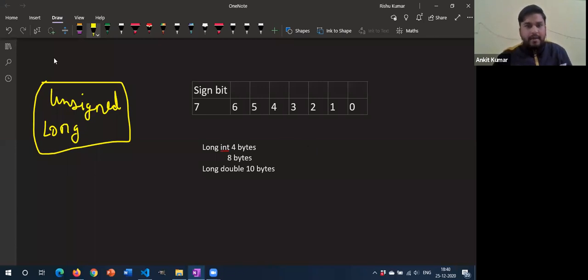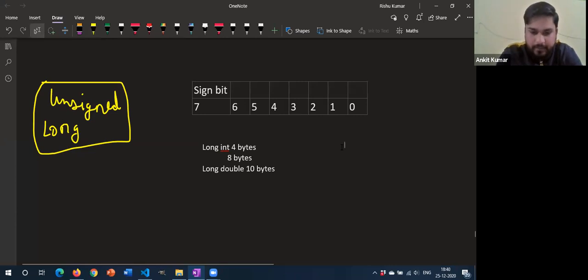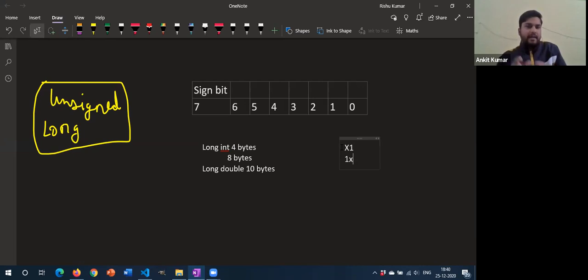Now let me tell you what are the valid variables that we can use. If you write x1, this is a valid variable. But if you try to write 1x, that is invalid. It means that when you are writing the name of a variable, you cannot start it with a number. That will be invalid. Instead of that, you should use x1. You can use any word, and after that, you can apply some numbers. That is valid. But you cannot start a variable name with a 1.